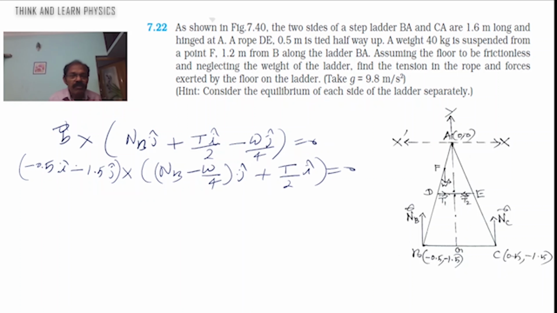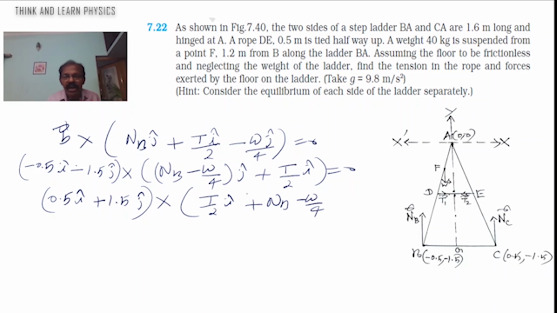Now multiplying both sides with minus 1, this can be written as 0.5 i cap plus 1.5 j cap cross T by 2 i cap plus NB minus W by 4 into j cap equals 0. Now, taking the cross product, we get i cross i becomes 0, therefore 0. Then i cross j becomes k. So, plus NB minus W divided by 4 into k cap